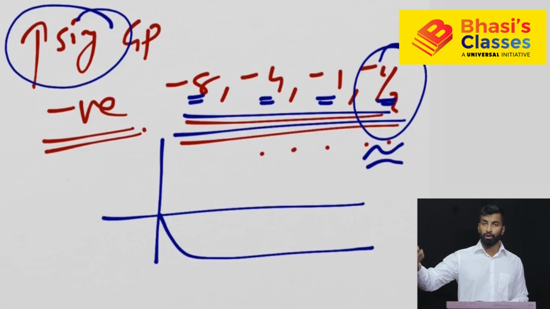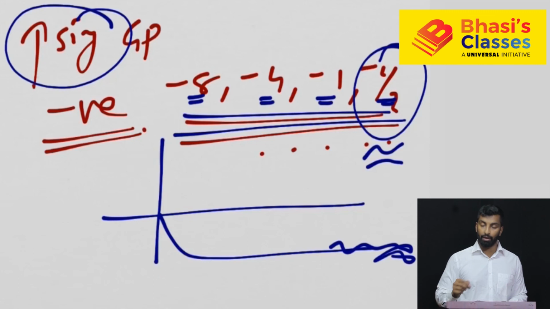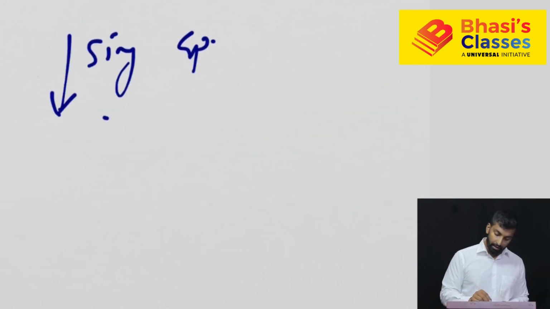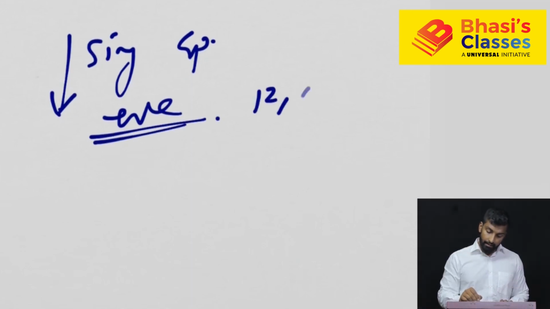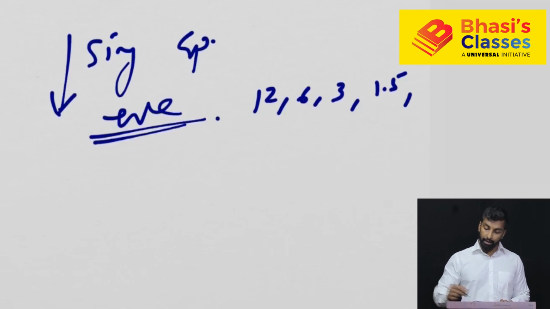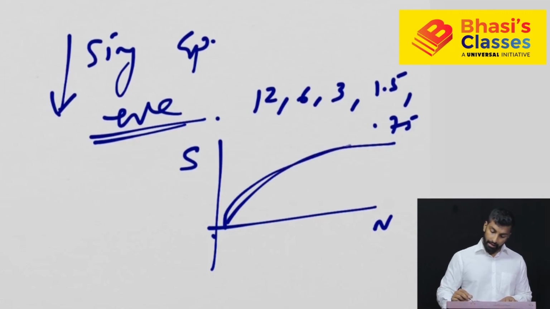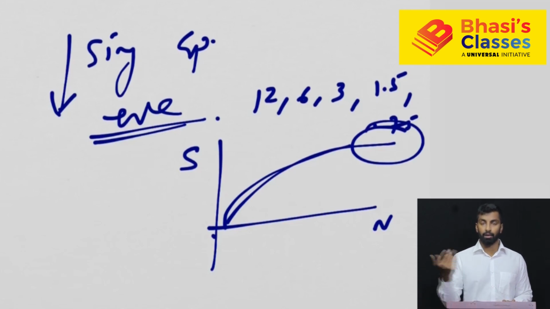Now 1 by 2, 1 by 4, 1 by 8, 1 by 16, etc. If you go towards infinity, these values will be almost the same, right? Now what about decreasing GP starting with positive, like 12, 6, 3, then 3 by 2, that is 1.5, right? Then 1.5 by 2, that is 0.75, etc. How will it look on a graph? If you plot the sum on the y-axis and the number of terms on the x-axis, it will look like this, right? Because it keeps on increasing. It will increase, but after some time when it goes towards infinity, this is going to be almost equal,